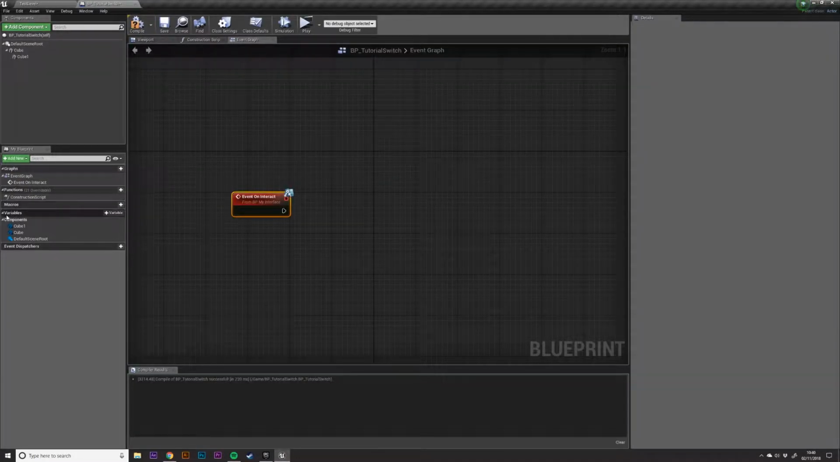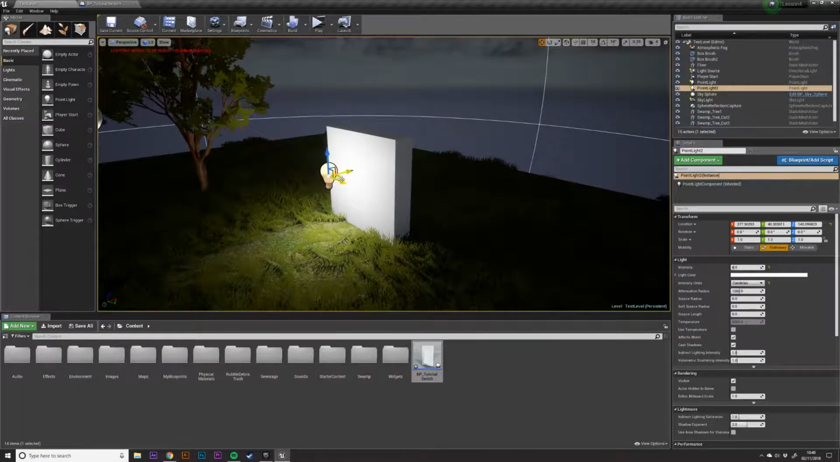We're going to have to make something called a variable. And a variable is just a way of us storing some information so we can recall it later. In this case, our variable needs to hold the name of the light that we want to affect. In this case, it's called point light 2. I could rename that, but I'm just going to leave it as is just now. So going back to the switch,